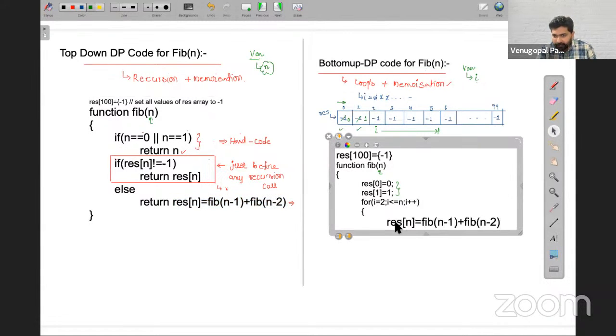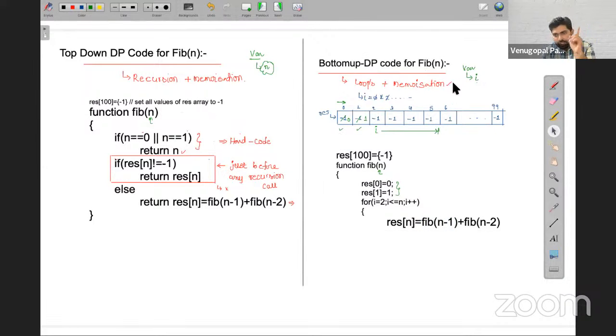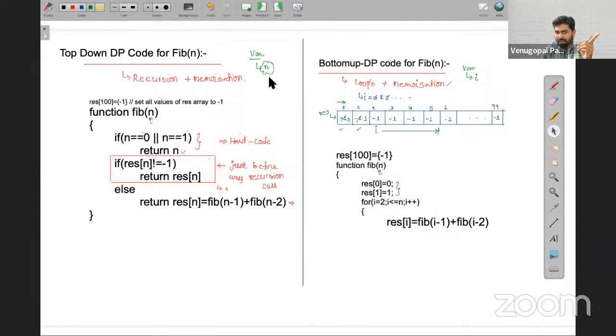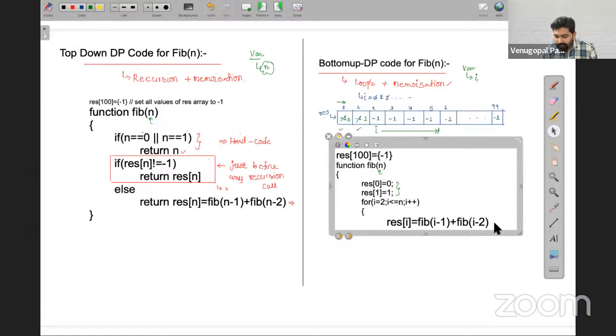The only thing is that there it was depending upon the recursion call. After copy pasting the same thing, there the loop recursion variable is n, and here the loop variable is I. So wherever n is there, first of all replace it with I. After replacing this,